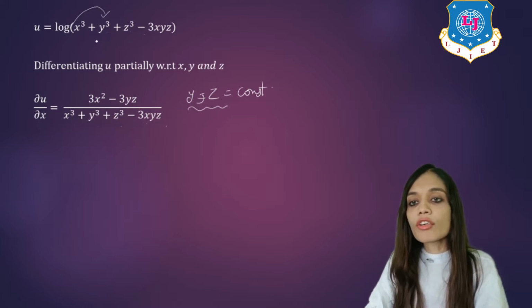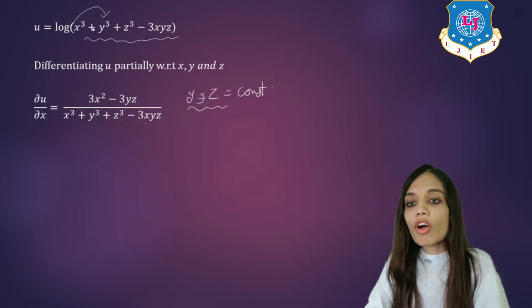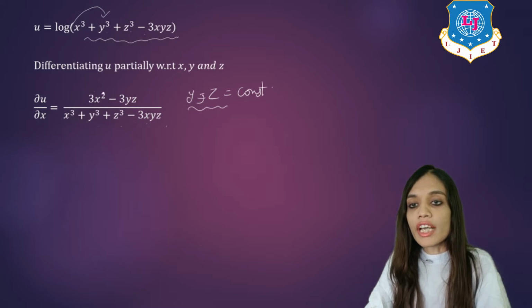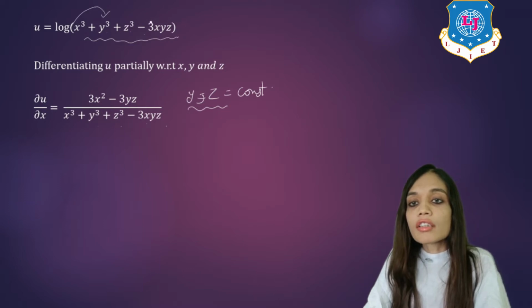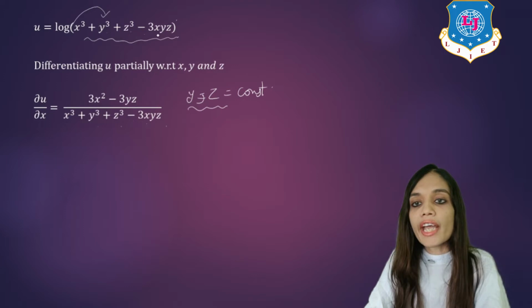Now applying chain rule, derivative of x cube will be equal to 3x square. Derivative of y cube will be equal to 0 as it is constant. Derivative of z cube also will be equal to 0 as it is constant. Next, in 3yz, which is constant, keep it as it is,